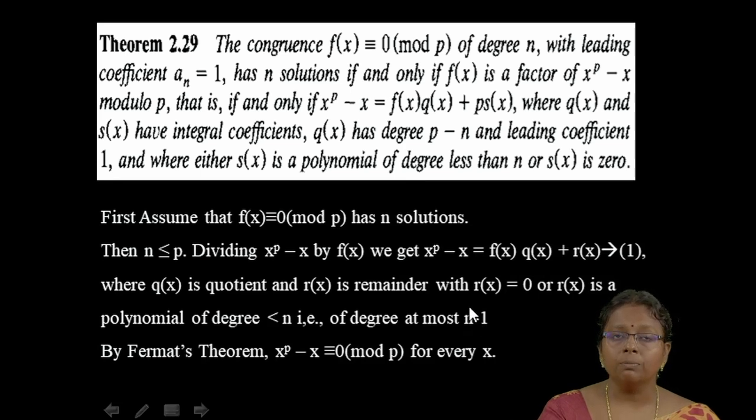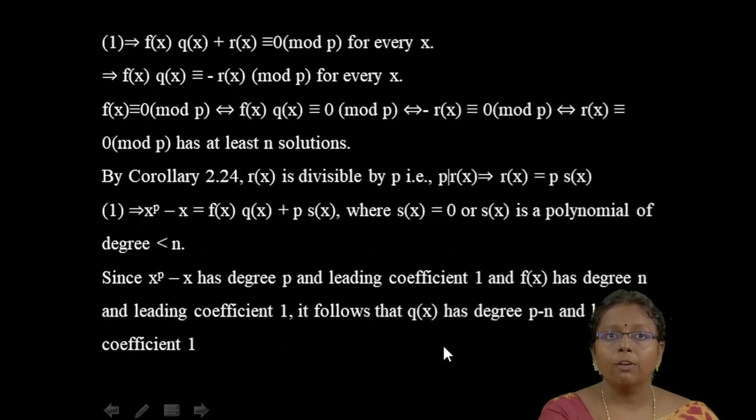So by Fermat's theorem, we know that a^p ≡ a mod p. So here we are writing that x^p − x ≡ 0 mod p for every x. Which implies f(x)·q(x) + r(x) ≡ 0 mod p for every x. Which implies f(x)·q(x) ≡ −r(x) mod p for every x. So f(x) ≡ 0 mod p holds if and only if f(x)·q(x) ≡ 0 mod p, if and only if −r(x) ≡ 0 mod p, if and only if r(x) ≡ 0 mod p has at least n